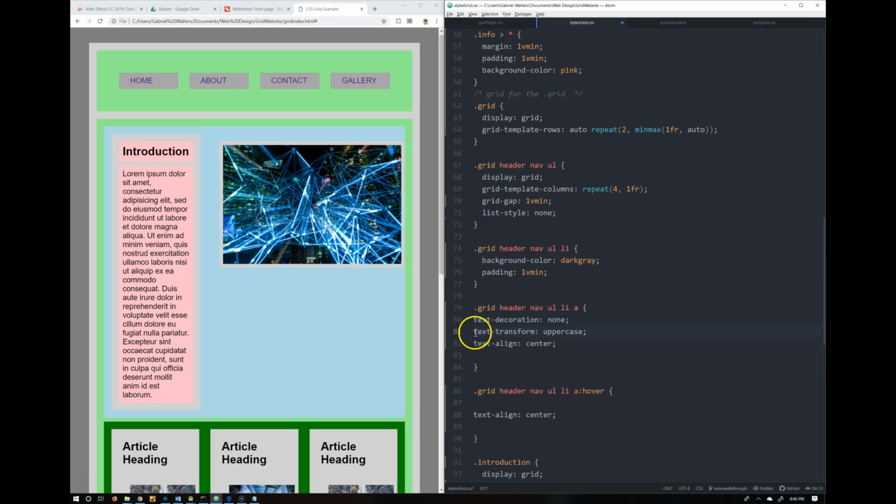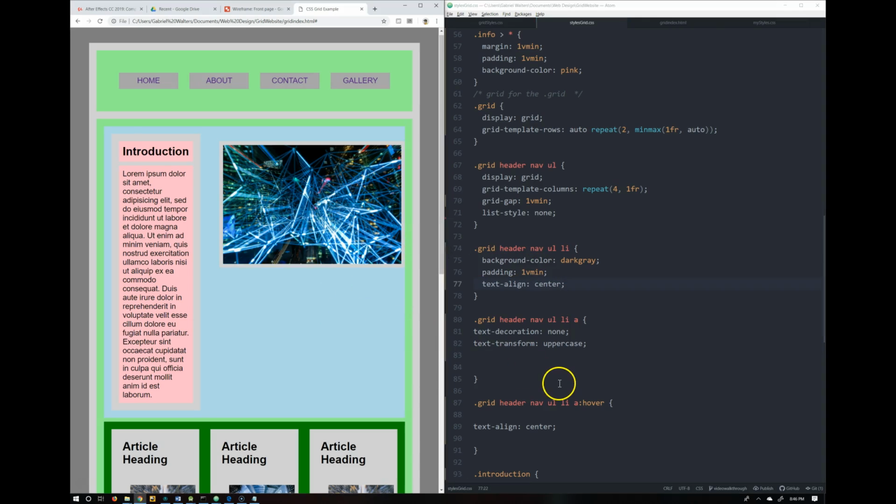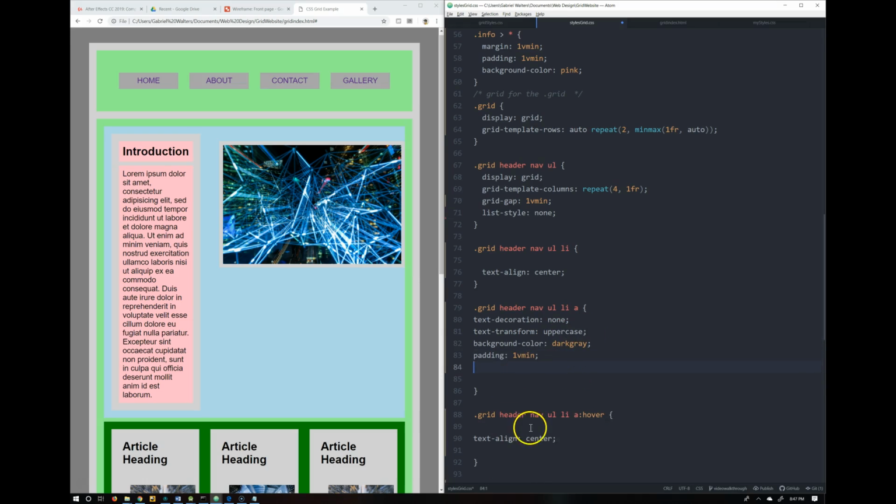Actually, why don't I put the text align? Let's see. There we go. Now it's centered. Okay. We're going to actually put the background color here so that we can change the hover state. So, and we need to put the color of the text. So let's do white. We're going to refresh, look at it. Okay. So white,